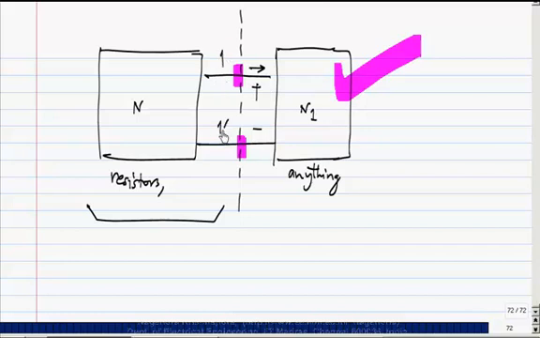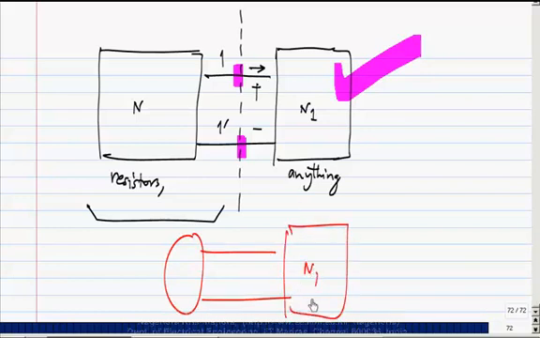Now here, the point is, this should work for any N1. It should not be specific to a particular N1. Is this clear? So let's say I substitute this with something simpler, and then I have my N1 here. Let's say I change N1 here and there. The solution in this should remain exactly the same. The only thing is, I am not interested in what is N. I will replace it by some simpler version of N.